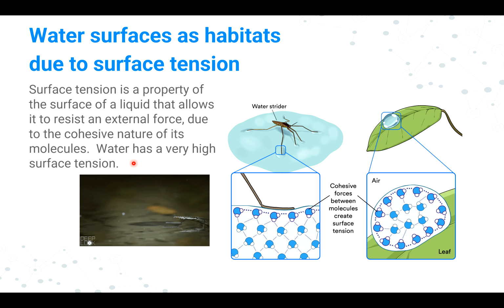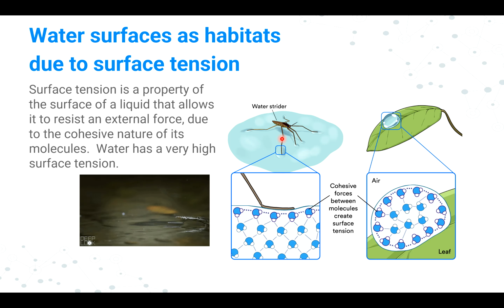And water has a high surface tension, like water striders. They live on the surface of calm and unpolluted water bodies, as you can see here in this diagram. And it's not only these; the mass of an insect is not great enough to break the surface tension. So imagine they're also not capable of breaking the surface tension.